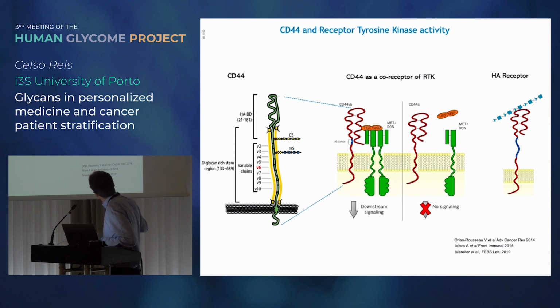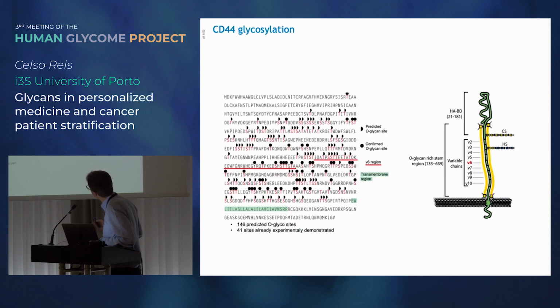It also is a receptor of hyaluronic acid, which is very important also in cancer biology terms. And these O-glycosylations were identified in different sites of the CD44, including in some variable regions due to splice